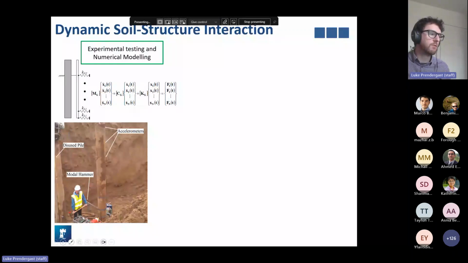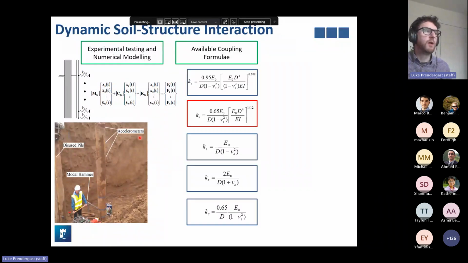We turn that into a frequency response function, and then we numerically model the pile as a beam spring model, and we inform the springs using 5 different equations that we extracted from the literature. Okay, so the 5 different equations are by Bayat, Vesic, Salvadori, Meyer-Offenbach, and Kloppel and Glock. They were from the literature around the idea of infinite beams on elastic media, or also buried pipelines or conduits. So the idea is they all look fairly similar, but they're all slightly different.